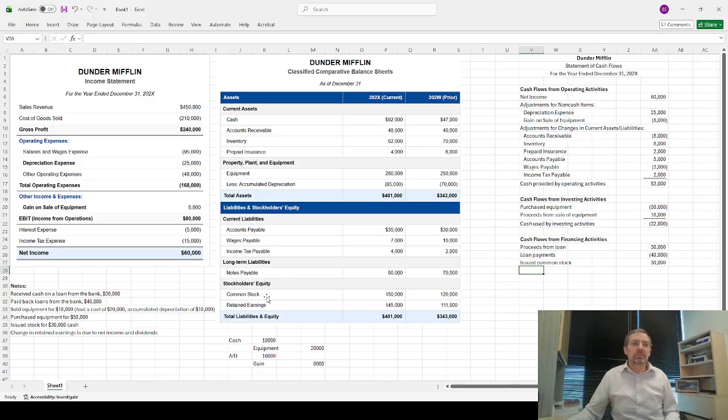And then finally, we ask, did we give any money back to the owners? In a sole proprietorship, that would be called drawings. In a corporation, it's called dividends. Now, we were not given the exact amount of dividends here, at least in the notes, but we can calculate it. And I purposely did not put the amount of dividends so we could get some practice calculating the amount of